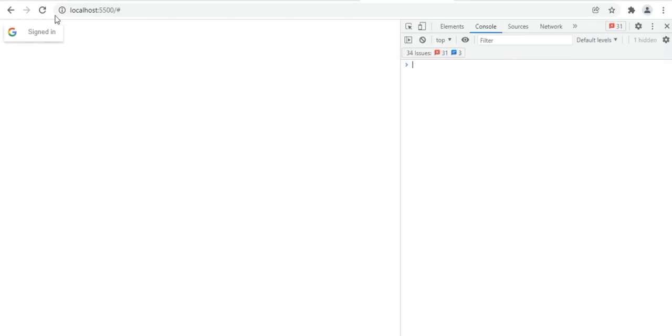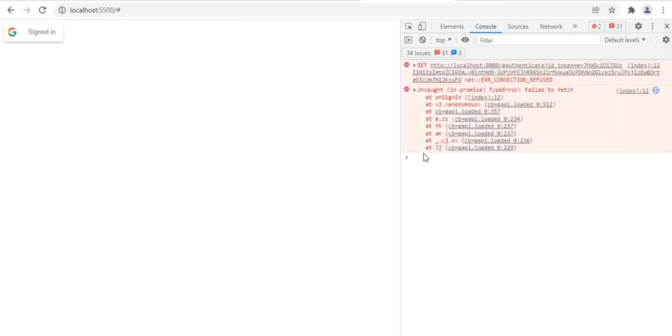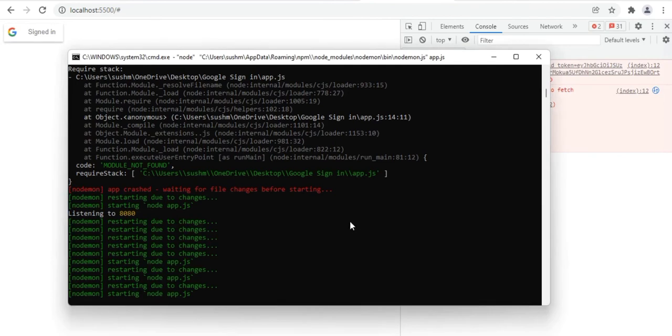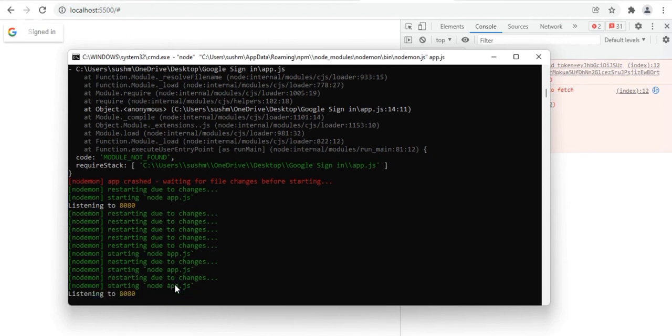Now there is no such error. Okay, the server still did not restart. Let us wait for the server to restart. Okay, now let us refresh again.